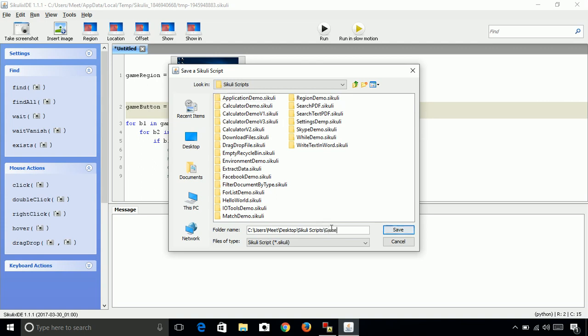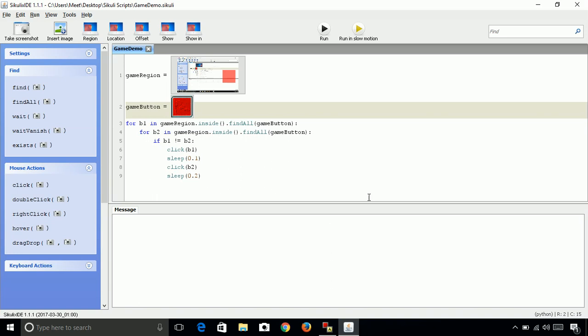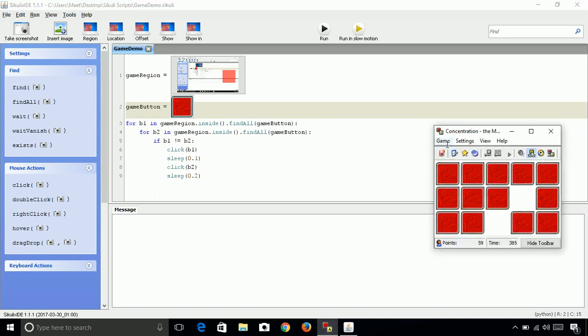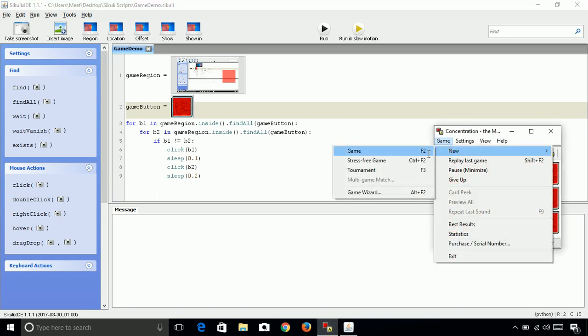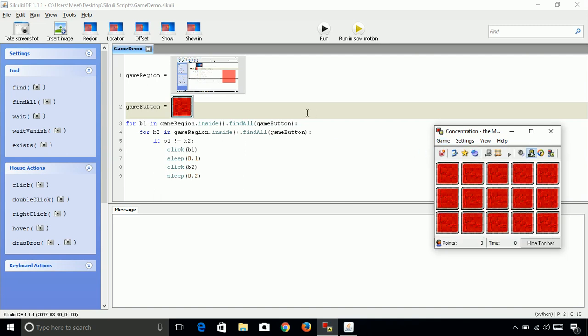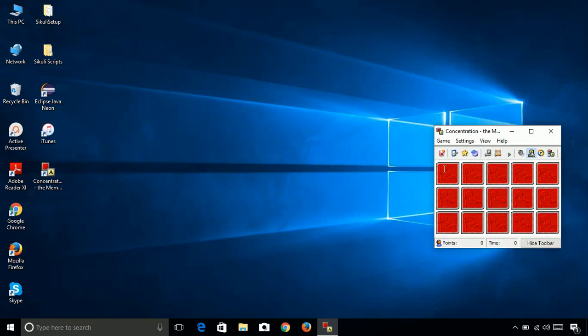This is our game demo. Now let me start a new game so that we can have the whole game example. Now let's run it. It is clicking on the icons until a match is found.